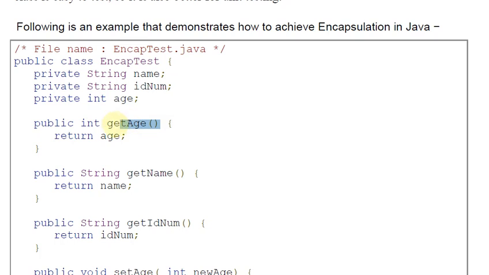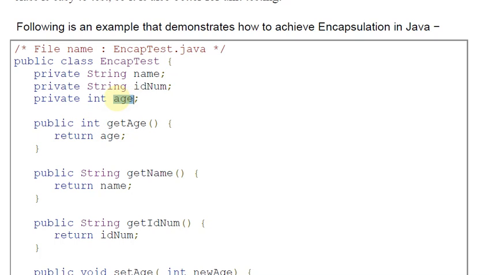This method name is getAge. Earlier I just used void with a method. Void was the return type. When we use void with any method name, it returns nothing. But when we provide a data type as a return type, here I am using int as the data type. So the return type of this method is integer type.